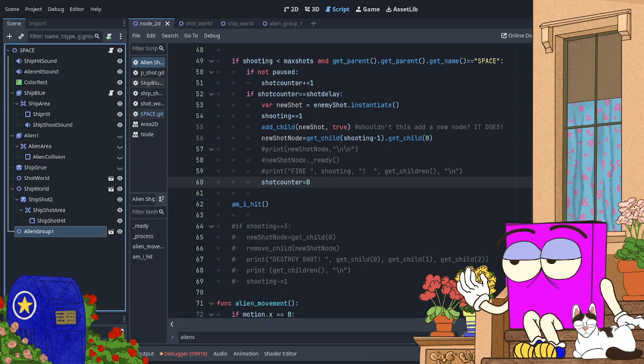If I put the shot nodes on the same level,